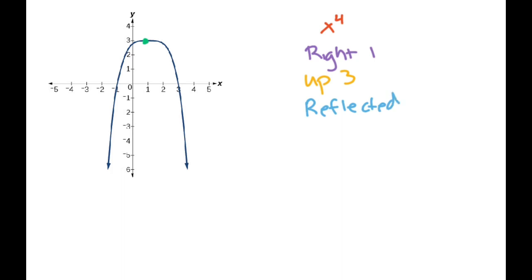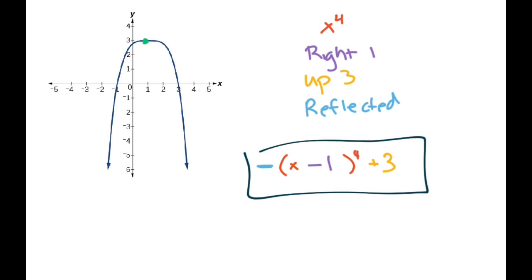So when I write my equation, reflected is going to be a negative x to the 4th. To go right 1, this would be a minus 1 on the inside. And then to go up 3 would be a plus 3 on the outside. Y equals, or f of x equals